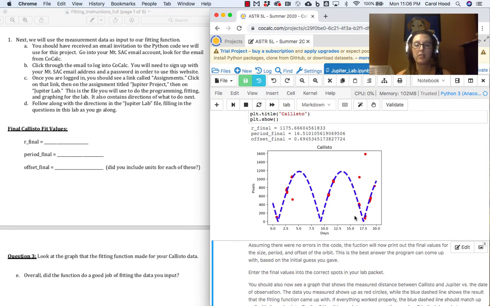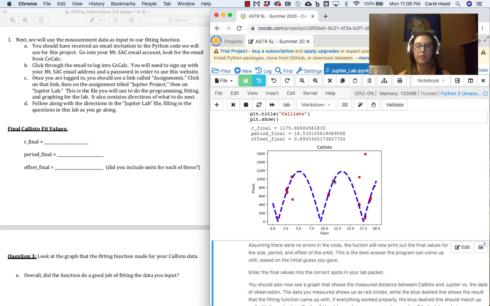Now in the best case scenario, we would have all of our little red data points. Each of those red circles corresponds to some of the measurements that you all or your classmates took. We want to have as many of those along this curve as possible. And you're going to answer some questions about why some of these dots don't fit that curve. But the best possible fit will be something that follows along this curve here. So your job is going to be to try and make guesses that allow the program to figure out what